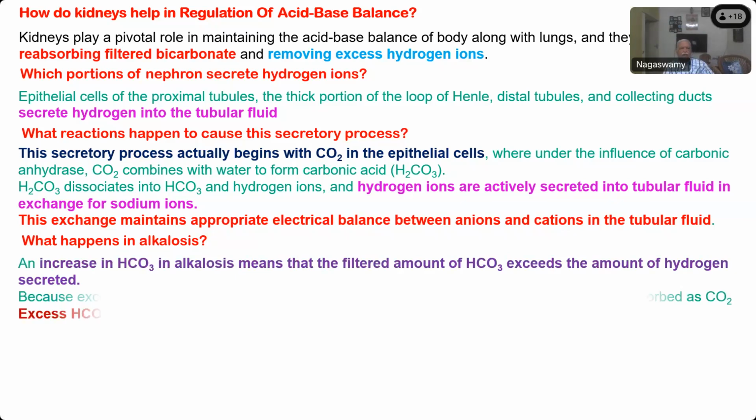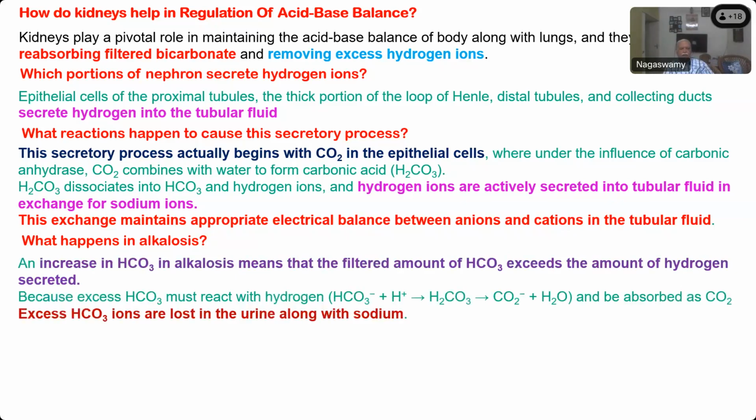Because excess bicarbonate must react with hydrogen again to form carbonic acid, in the reverse process. So carbon dioxide has to be formed to neutralize the excess bicarbonate. But instead of that, what the kidney does is it removes or loses the bicarbonate. Normally, it tries to retain or absorb bicarbonate as much as possible. But if you become alkalotic, you develop metabolic alkalosis, then the excess bicarb will be lost in the urine, but